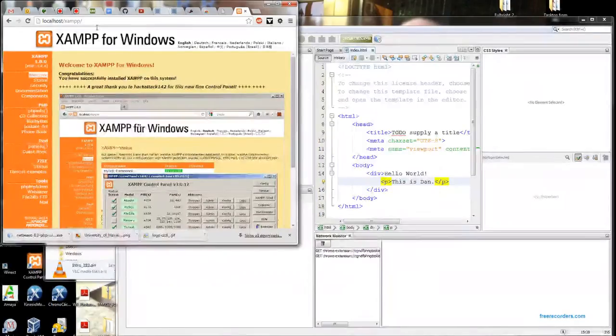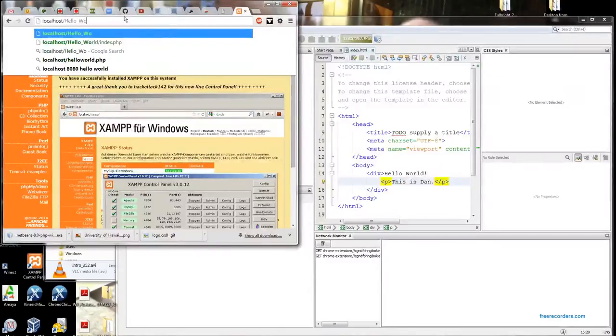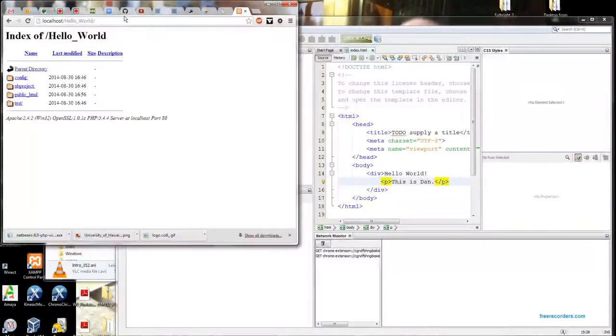And there, we have XAMPP running. Now that we have XAMPP, in particular the Apache web server, we know that in the htdocs directory I have hello world. Okay, and if I hit hello world,